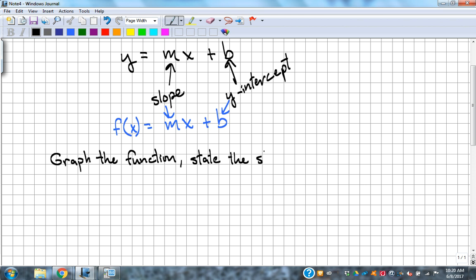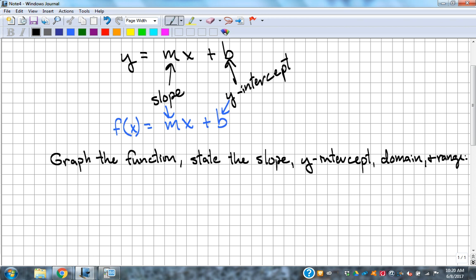State the slope, the y-intercept, the domain, and range. Several things. So we're going to go back and talk about domain and range a little bit like we did on